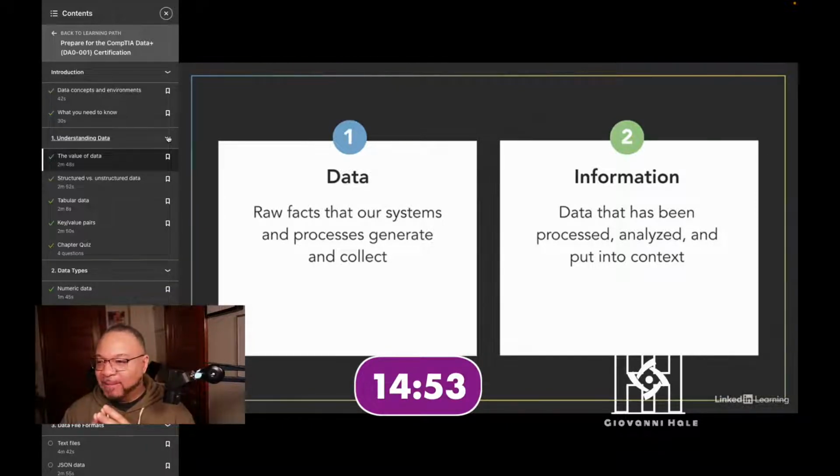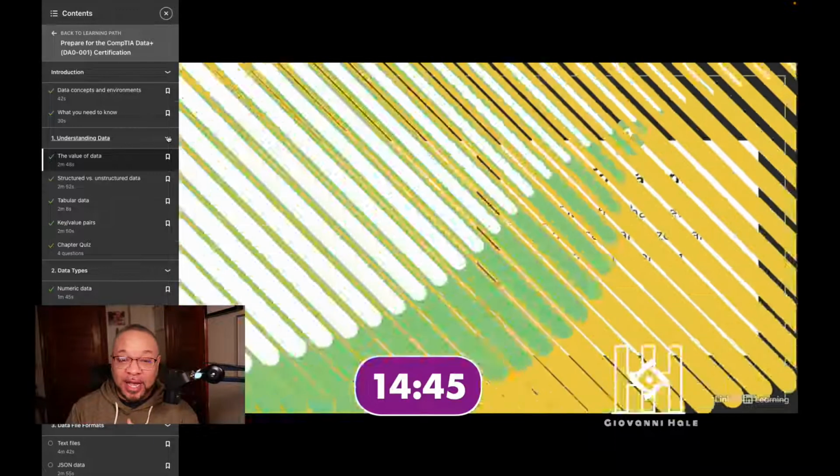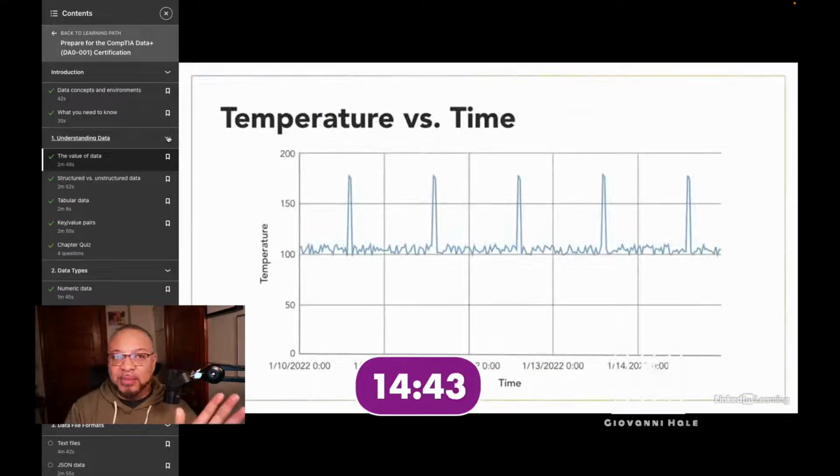Now, a spreadsheet of information about temperature might be correct, but as it is, it isn't very useful. It's just a collection of facts that isn't in any context. But look what happens if we create a plot showing how the temperature of just this equipment changes over time, over 12 hours.